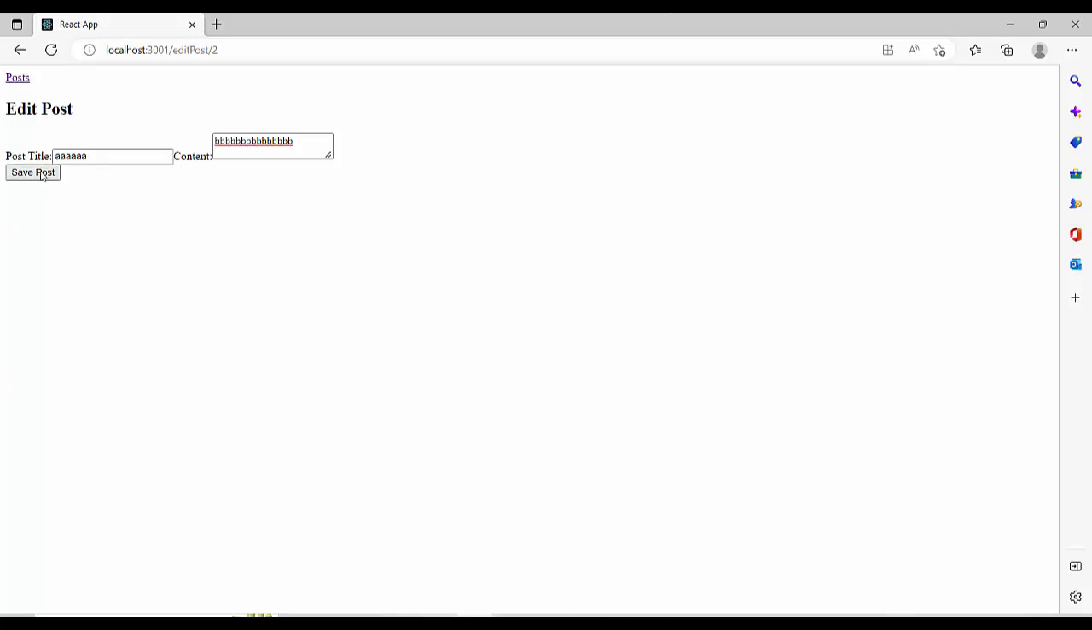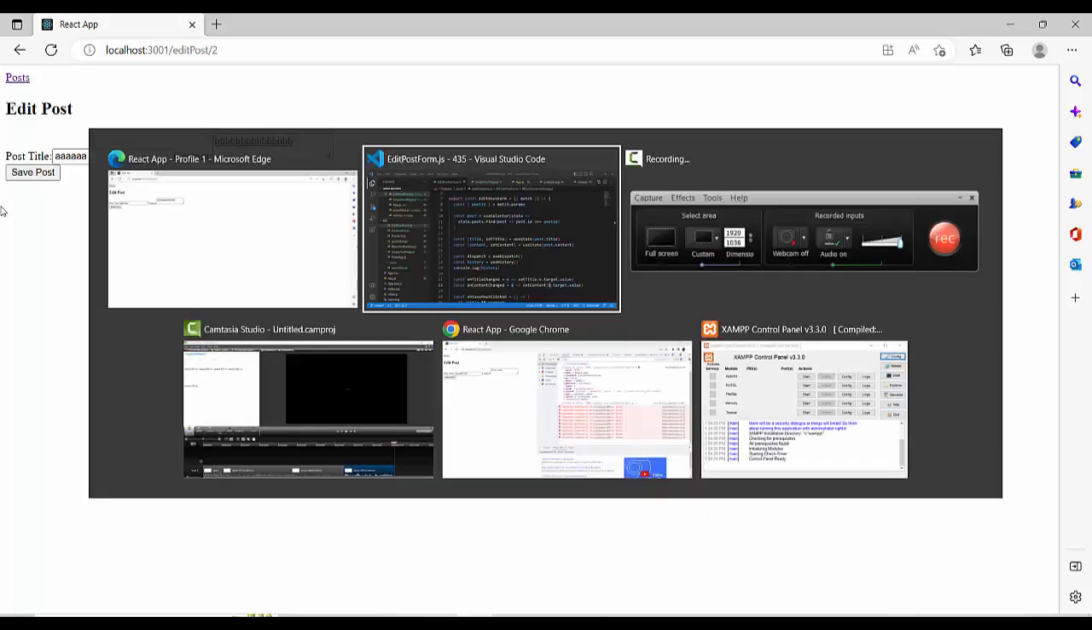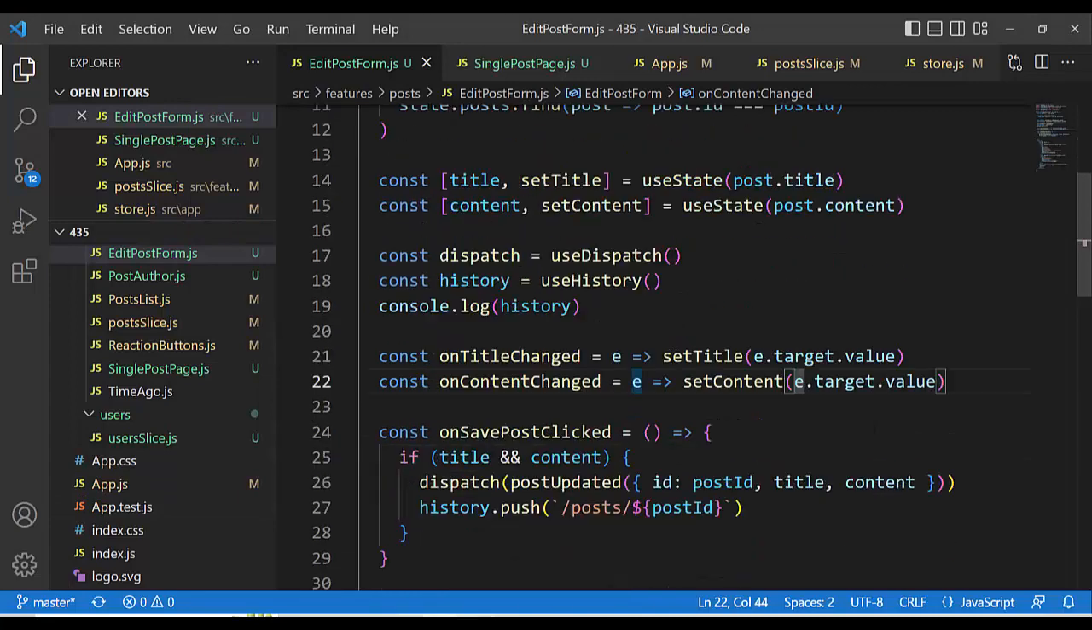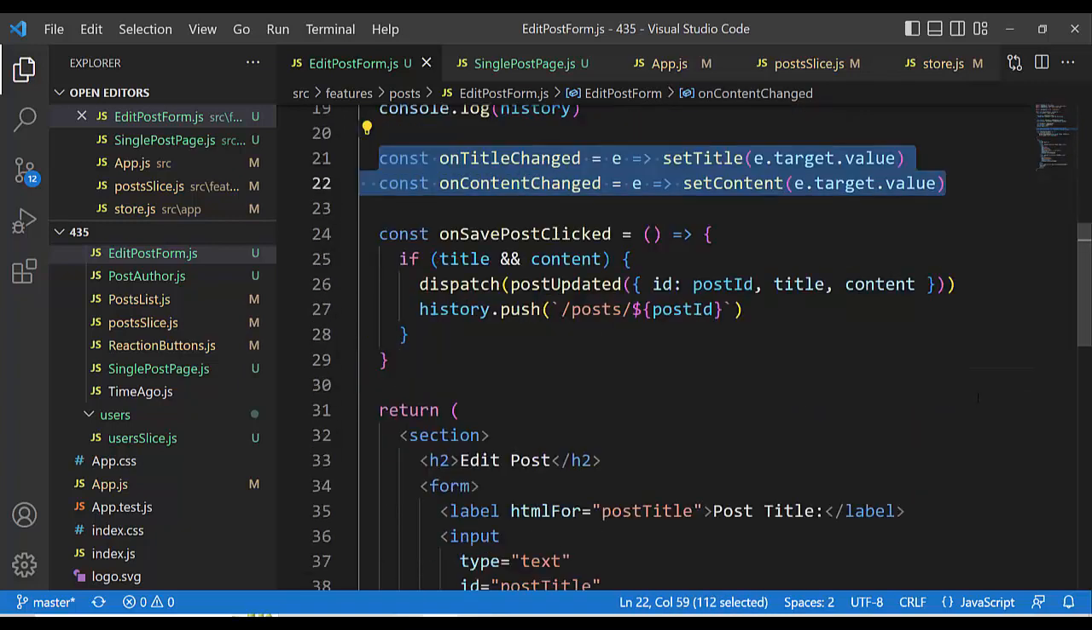And now save post, click on save post. The dispatch method of the store takes an action creator, and in the post reducer it mutates in an immutable kind of way with the help of the Immer library. It changes that post, that concrete post, mutates that concrete post. These two and these two are important